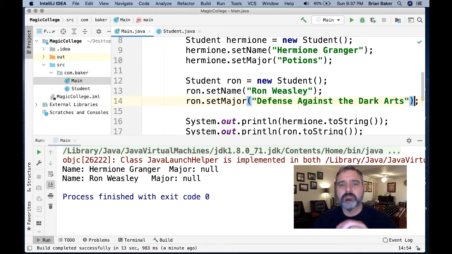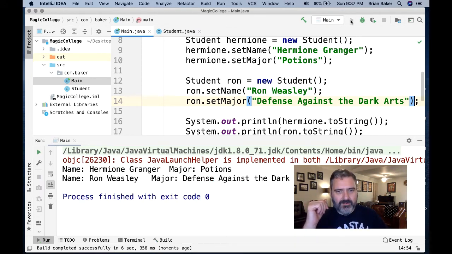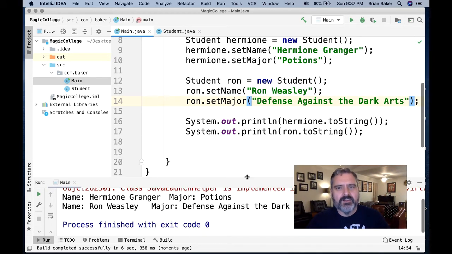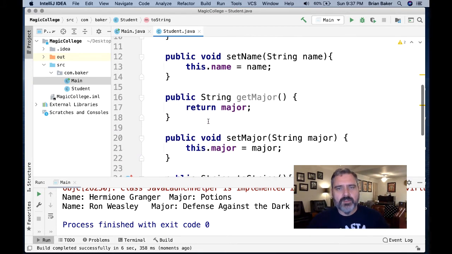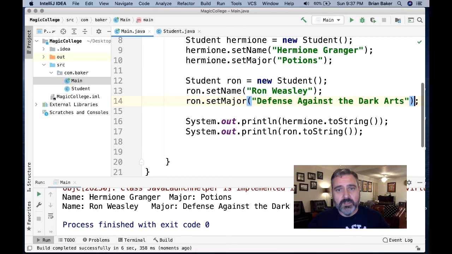All right. So now they both have majors, and so when I run it, there won't be nothing there. There'll actually be something, theoretically, when you actually see this run. All right, there we go. Potions and defense against the dark arts. So now I've got these students, right? And they've got these different things that they can do. We've got getters and setters for the major stuff, and we've made this so that if I'm in main.java and I want to say